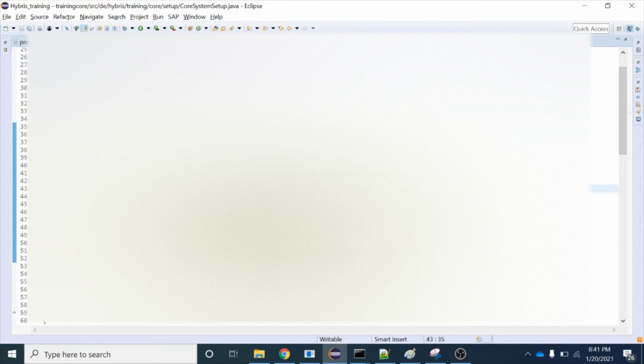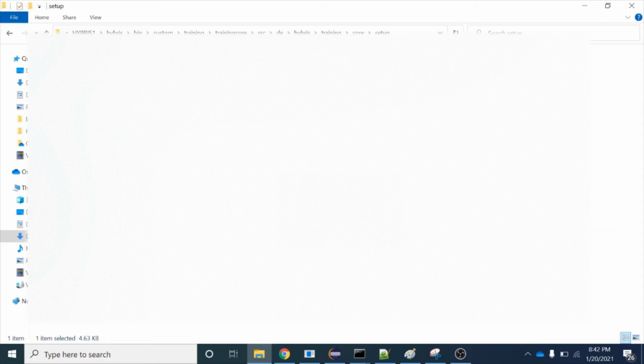If you have understood, this core system setup.java file is present in each extension. If you look at any other extension, like this newly created extension which we created in one of our sessions, and go inside the src folder, hybris training, and then the setup folder, over here as well we have a system setup file, right? It means this system setup file is present